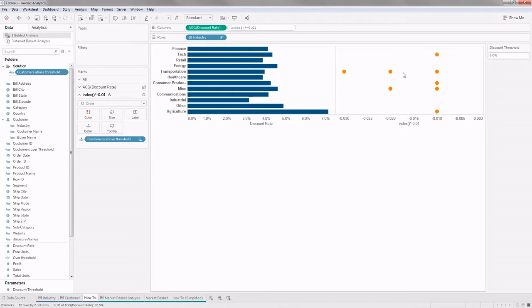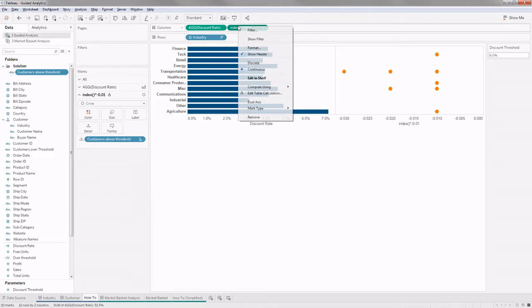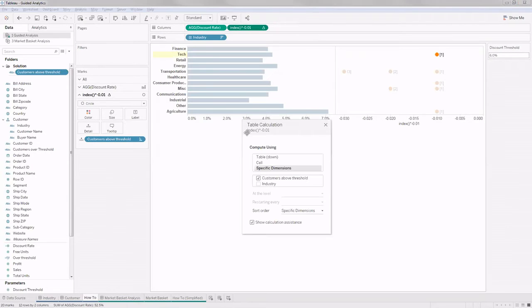Now how did we get all these points? This is a simple table calculation. So what I did here was for each of these index values. If you remember, index is a table calculation helper function. In the scope in which this index function is allocated, it will populate the index values like 1, 2, 3, 4 serial number wise.